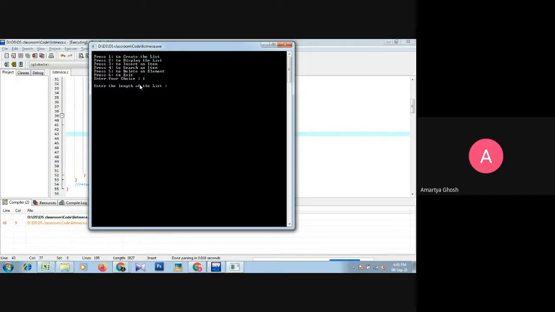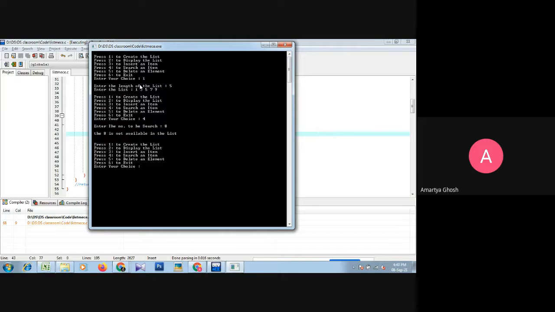1, 5, then 1 space 3 space 5 space 7 space 9. Now 4 for search, 8, enter. The 8 is not available in the list. Again 4 for search.